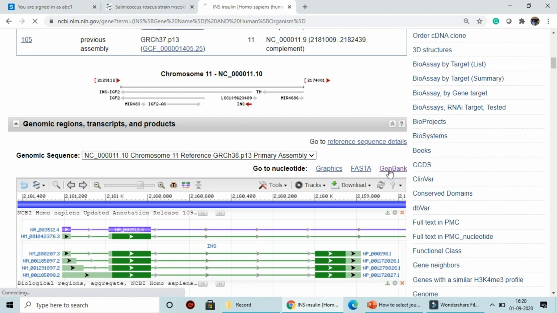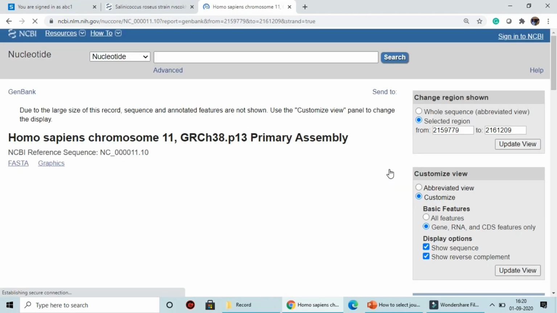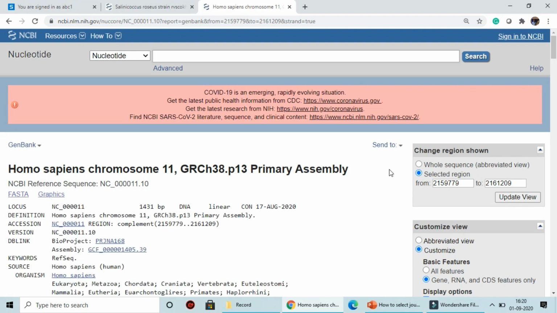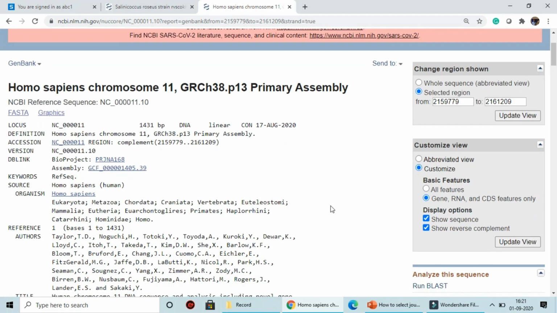If I click on this GenBank, it will navigate me towards the GenBank file format, just like I demonstrated in the case of the accession-based query. Again you can see the insulin gene or INS gene in the GenBank file format.